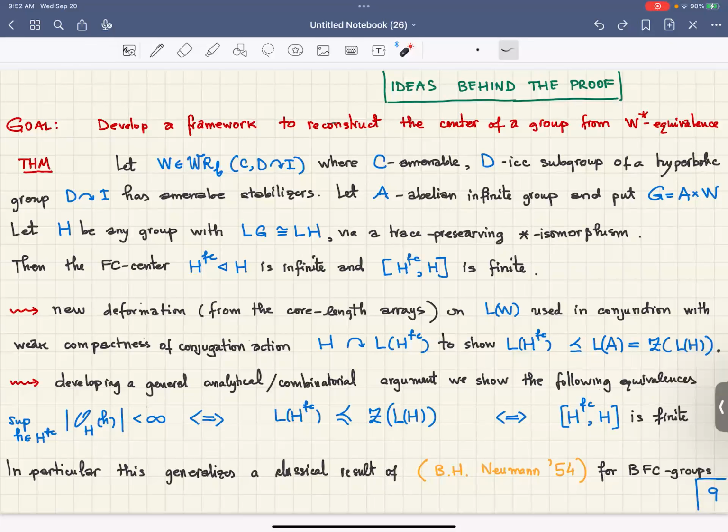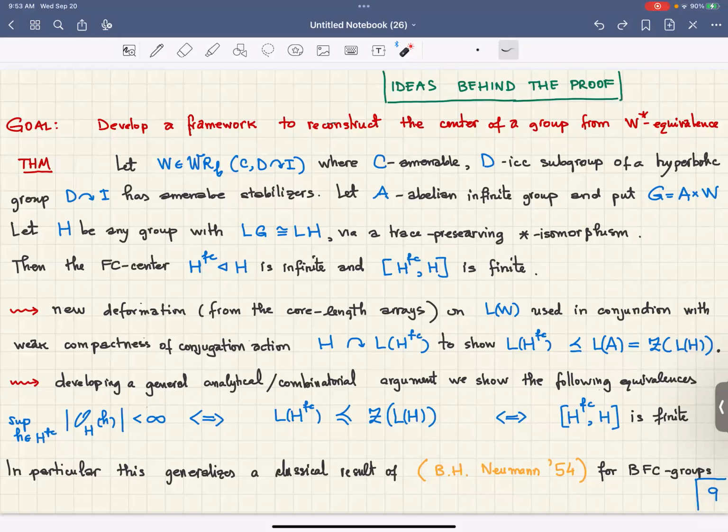What is interesting is that we do a lot of analysis at the level of the FC center. Every group has an FC center, the group generated by all the finite orbits under conjugation. And one of the things that we can prove, and I think this far exceeds the class of reed-like product groups, you can do it for a lot of groups, is that